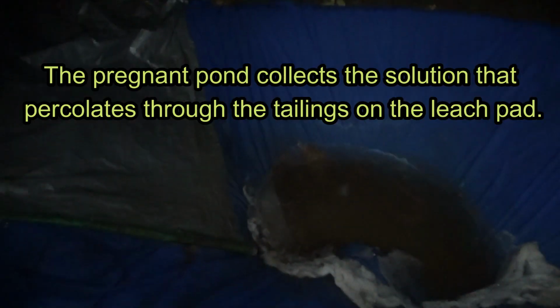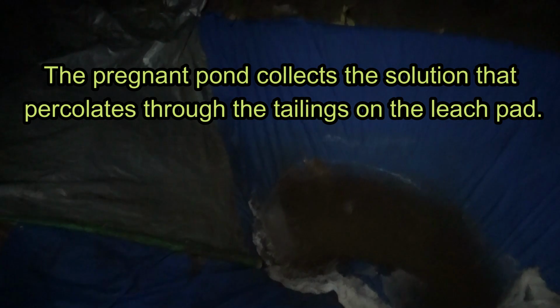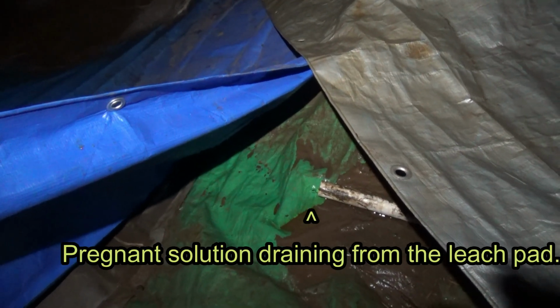There's the pregnant pond, and it's getting pretty low there. What you're seeing is rainwater and melted snow on top of the rain cover. And here, let me show you how much solution is coming out of the pad right now. Most of the solution on the pad is barren solution. It's just been dumped there because all those tanks have to be empty before nightfall tomorrow, because it's going to get really cold and stay that way. So there's the solution coming off the pad,